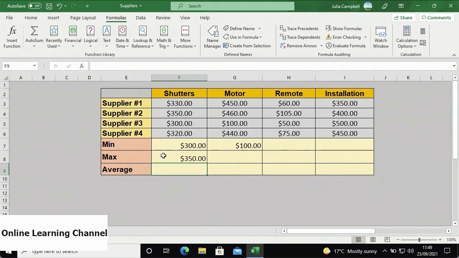Next, I'd like to calculate the average value between the maximum and minimum values. To do this, I'll use the AVERAGE formula. First, I'll select cell F9. Note that you can automatically insert the average formula from the AutoSum drop-down menu, or you can insert an equal